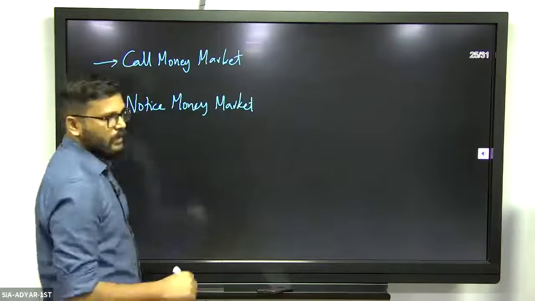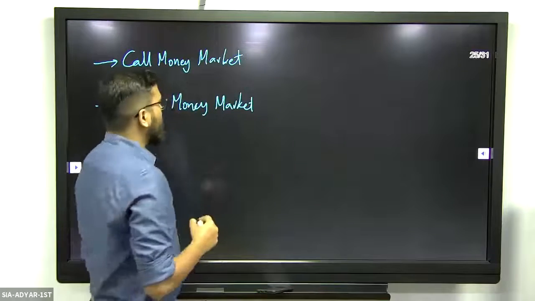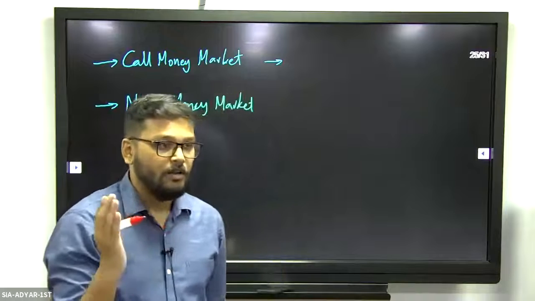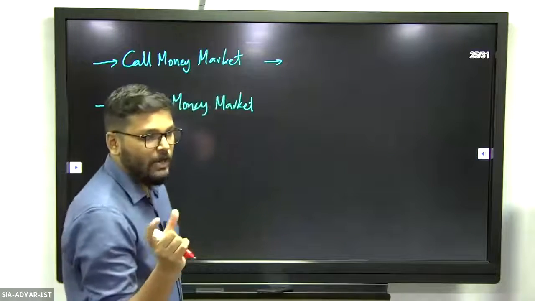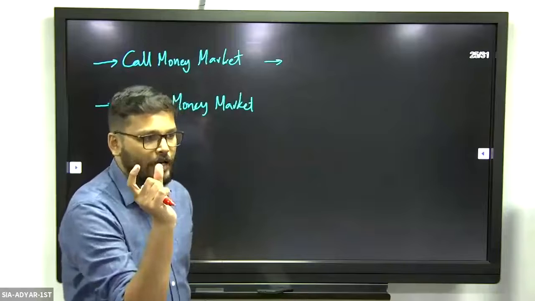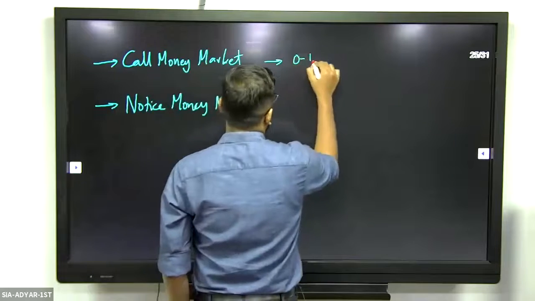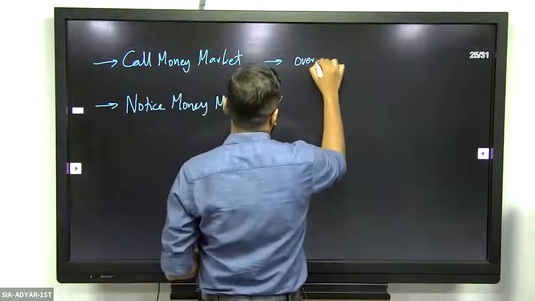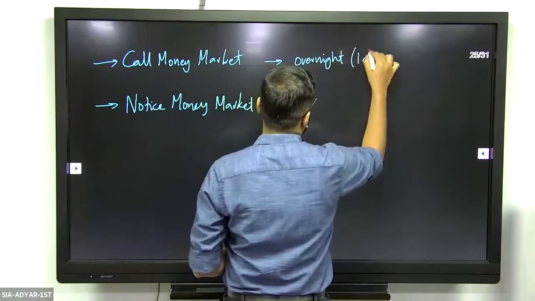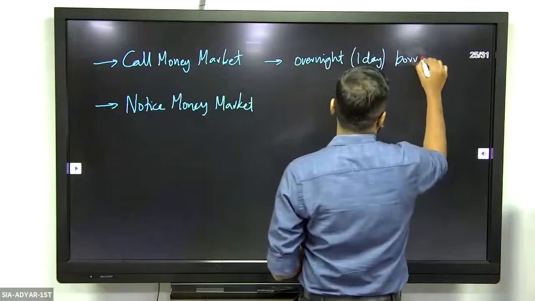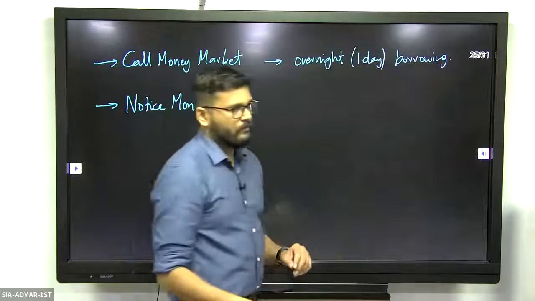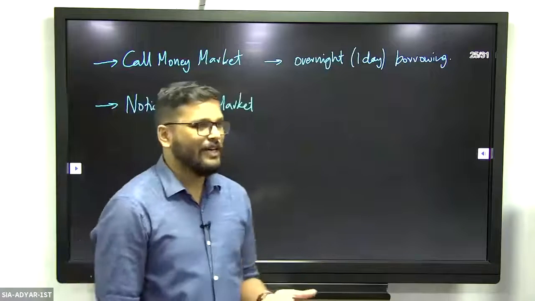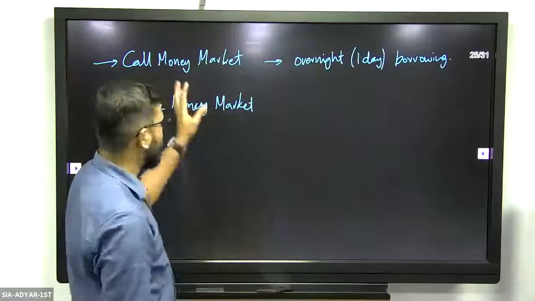The type of money market itself, where call money market is where you borrow money. We have come across the term call money already in M3. You remember call/term borrowing. So call money, I have told you, is borrowing for overnight, 1 day. Okay, overnight borrowing facility, which is 1 day borrowing. A market which deals with 1 day borrowing, where the interest is calculated on a daily basis, is the idea there. The interest on the loan is calculated on a daily basis. So overnight borrowing facility, that is a call money market,